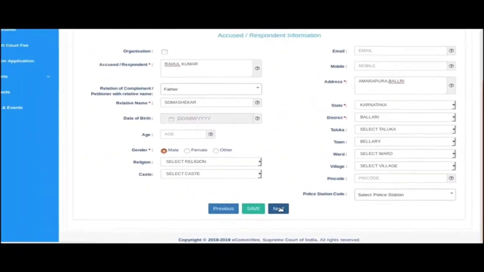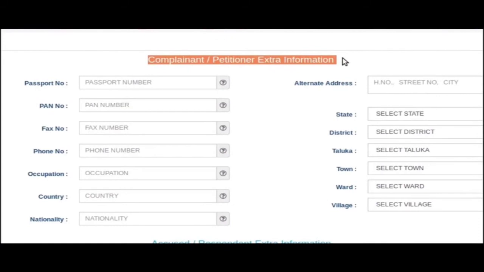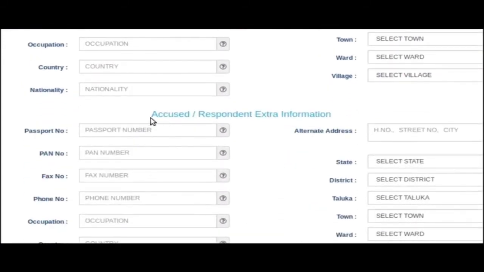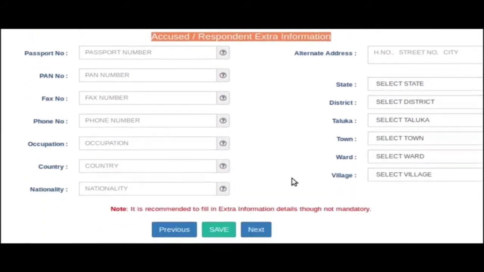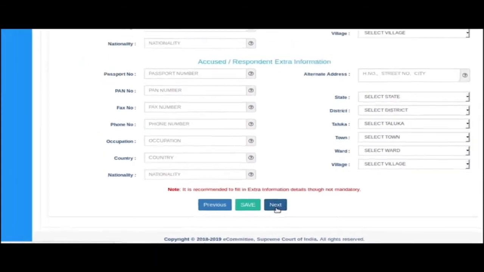Though it is an optional form, it is highly recommended to fill up all the available extra details like alternate address, passport number, PAN number, occupation, nationality, etc. And then click Save button. If you don't have any extra information, then you can directly click the Next button and reach the next form, Extra Party Information.